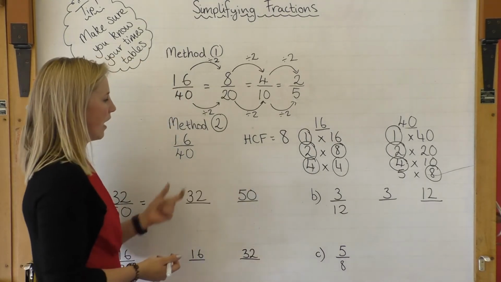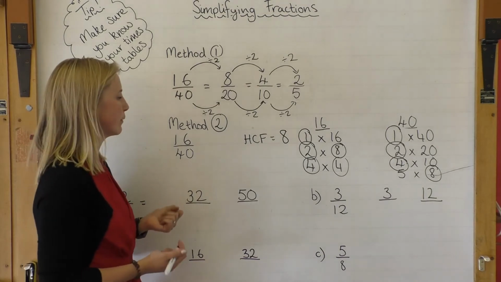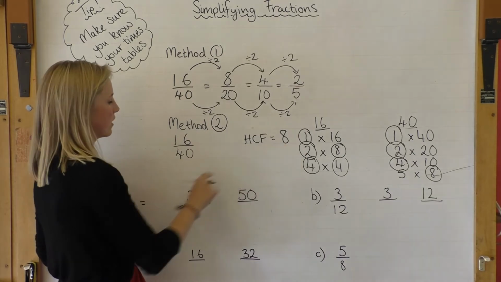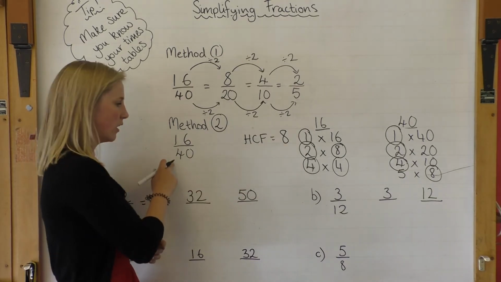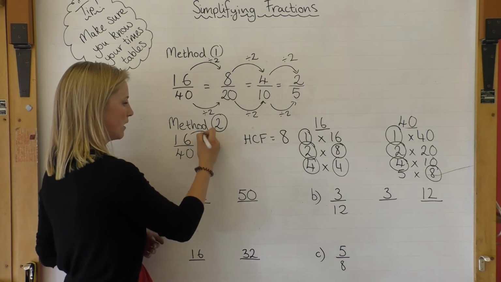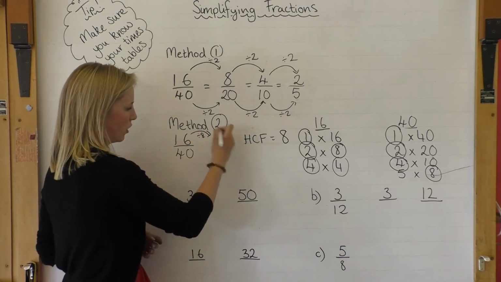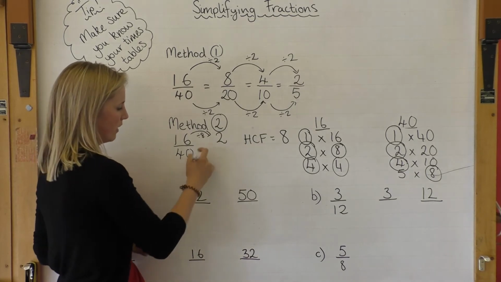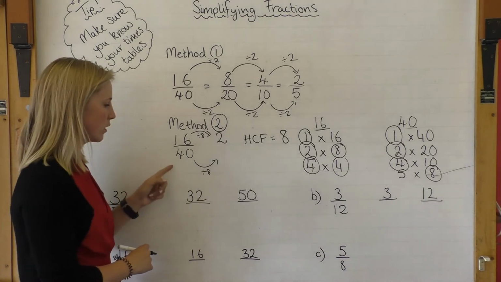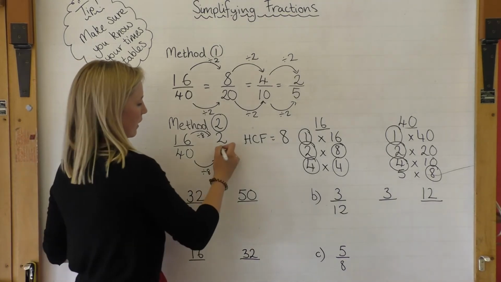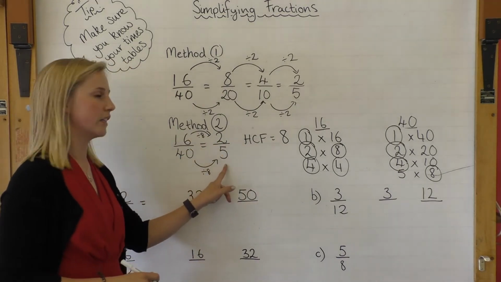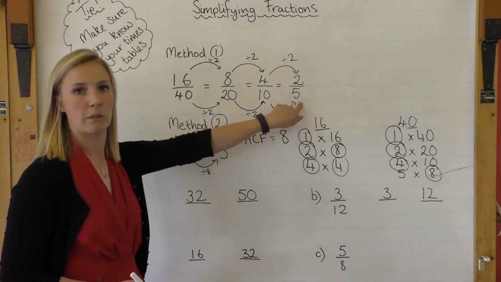From there then, I can now finally look at simplifying my fractions. So I'm going to use my highest common factor to divide both the numerator and the denominator. So 16 divided by 8 gives me an answer of 2. And 40 divided by 8, as we do the same to the numerator as we do to the denominator, gives us an answer of 5. Now I know this is the final answer because it's the same as the one above, and